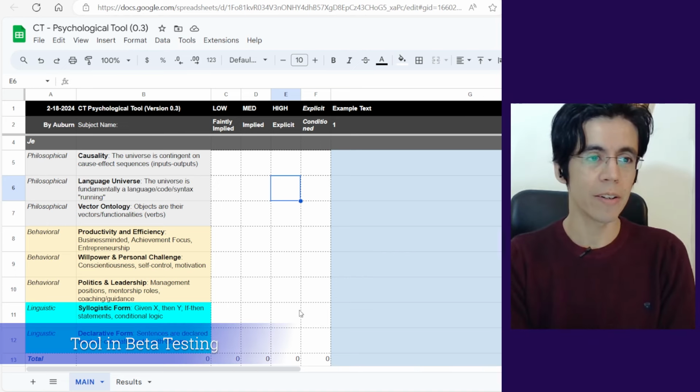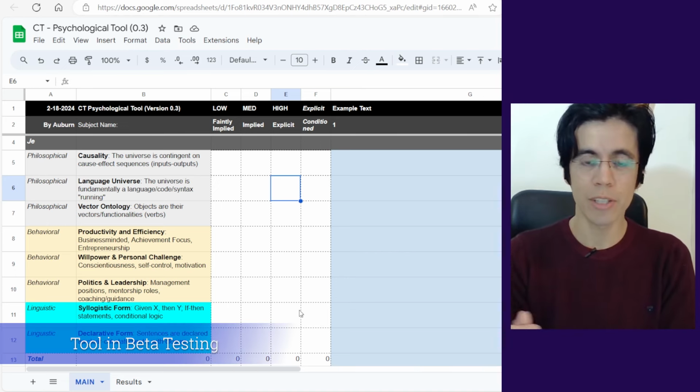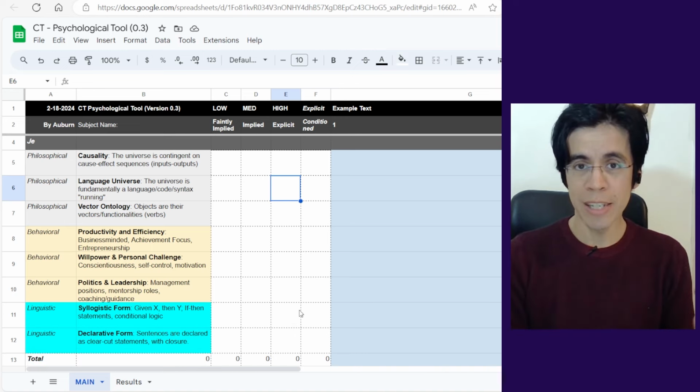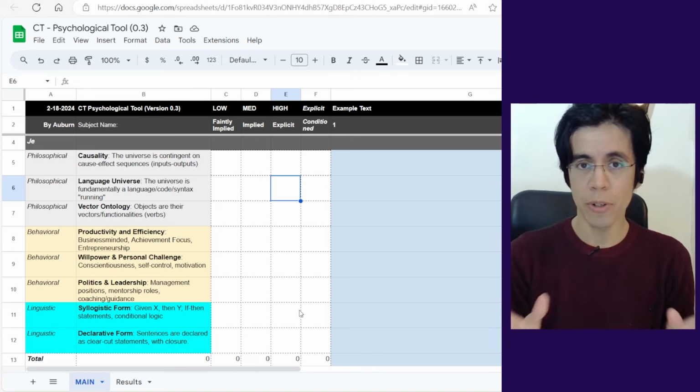You'll see that the title here is Psychological Tool 0.3, so it's not even at 1.0 yet, which would be the official launch. And so currently I'm doing some testing with this, and if you would like your cognition to